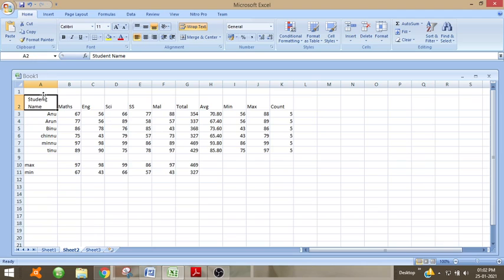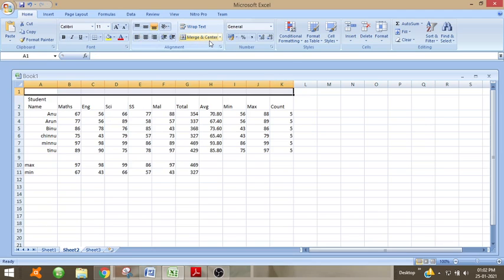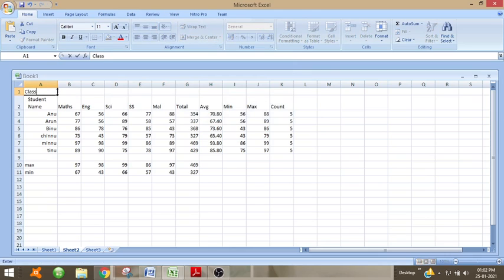Now if we want to give headings, then we can give headings like this: class 9th marks.